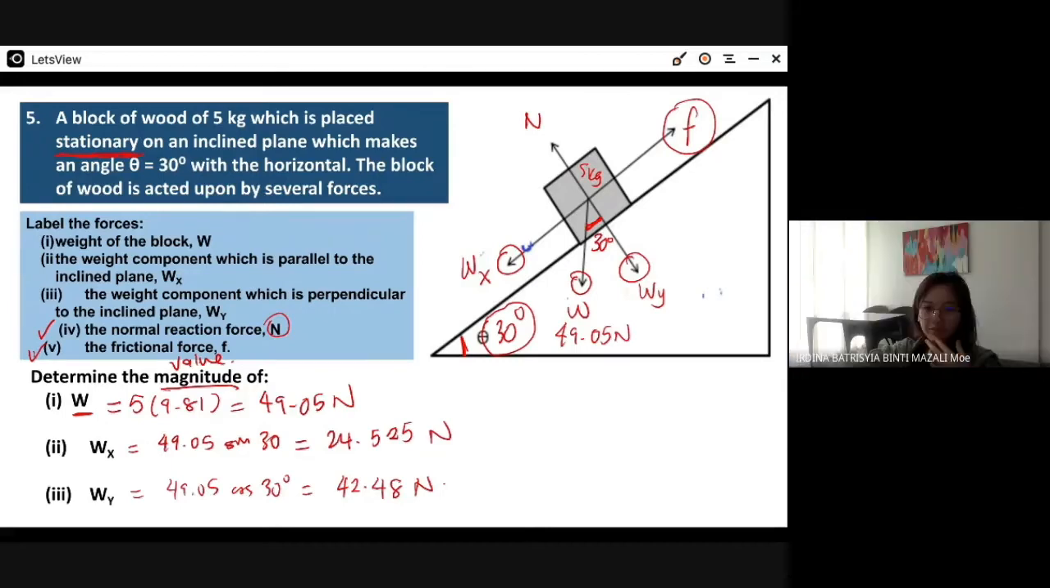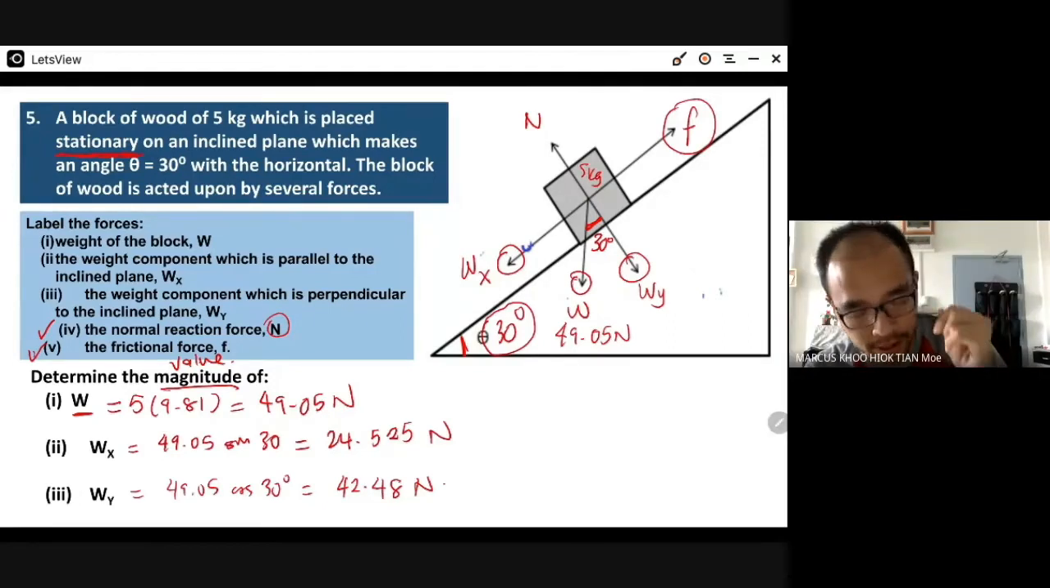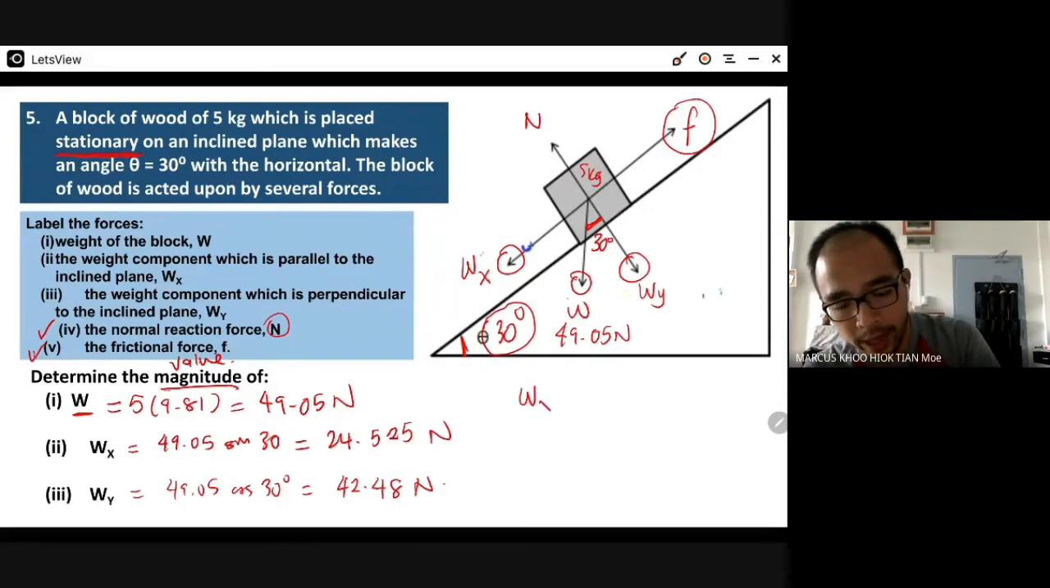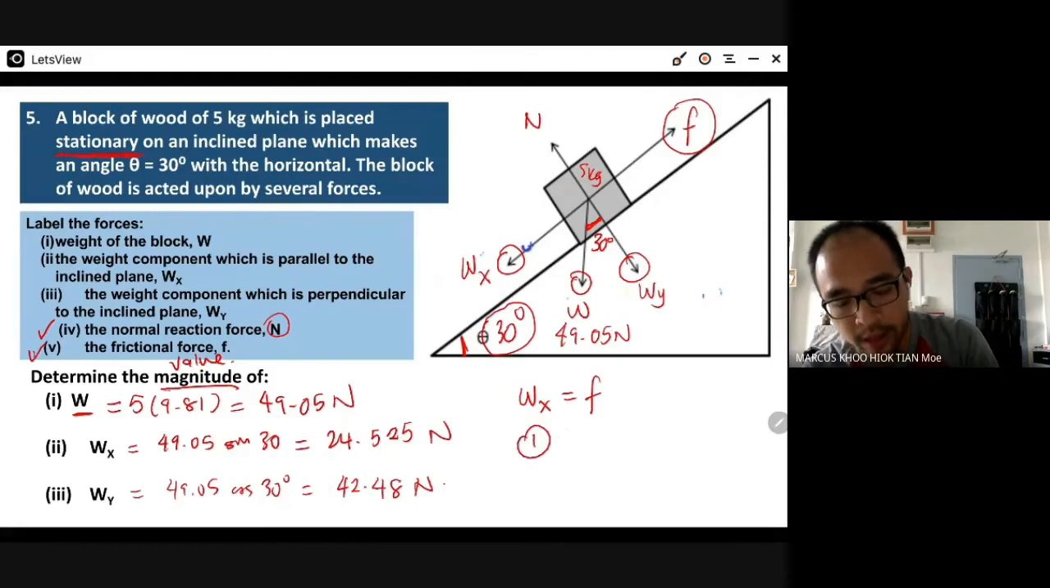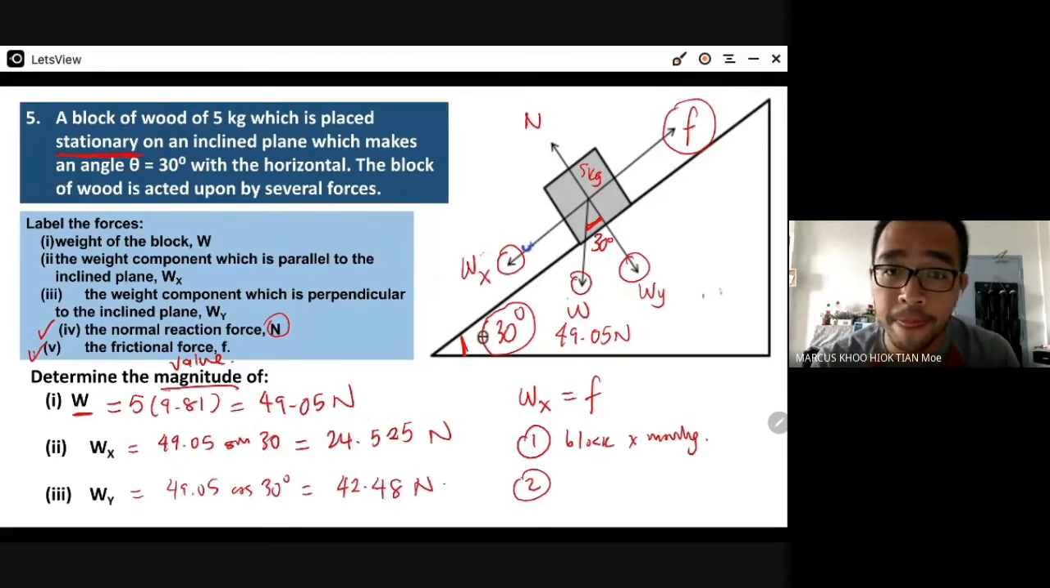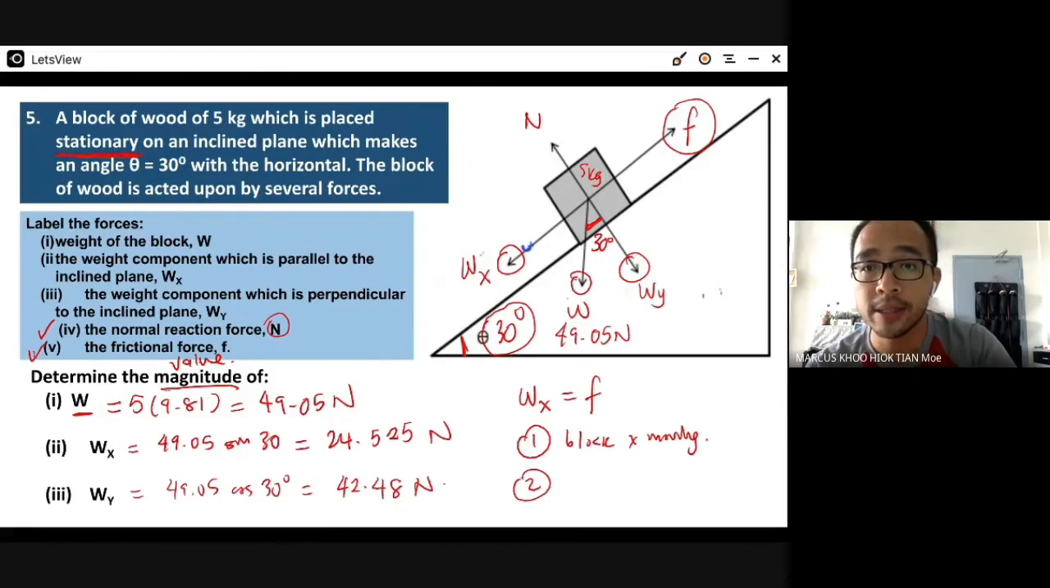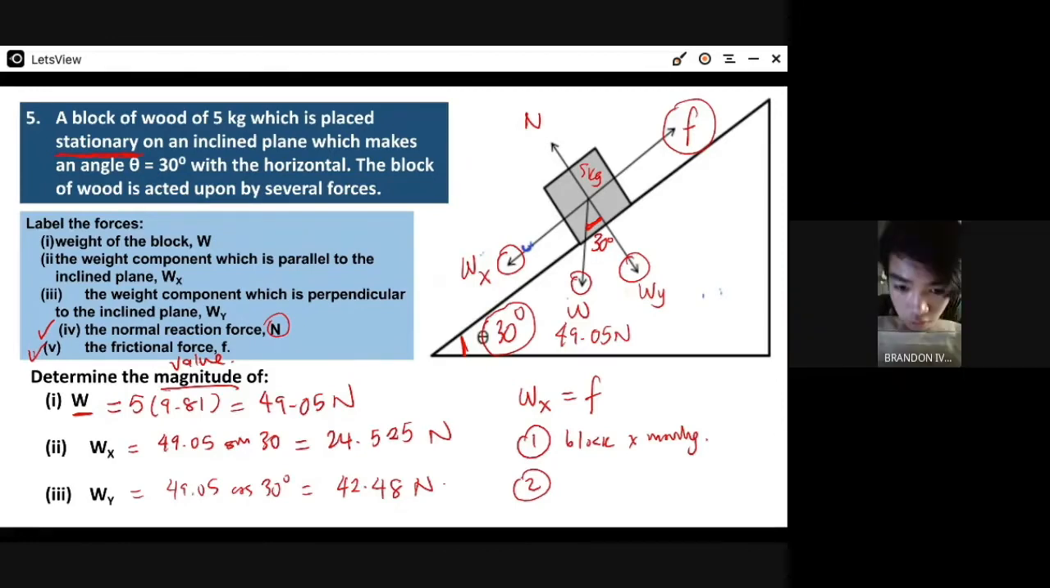24.525. The same as Wx. Okay, so very important point. If Wx equals F, two situations. Remember, if the resultant force is 0, there are actually two situations. Number one, the block is not moving. What is the second possible situation? Anybody? We did this in the first subtopic. Either the block is not moving or